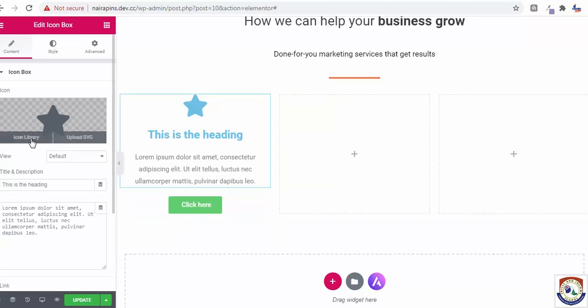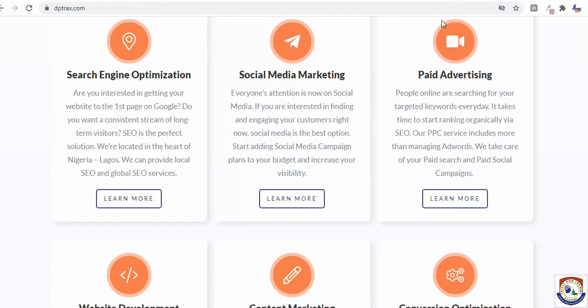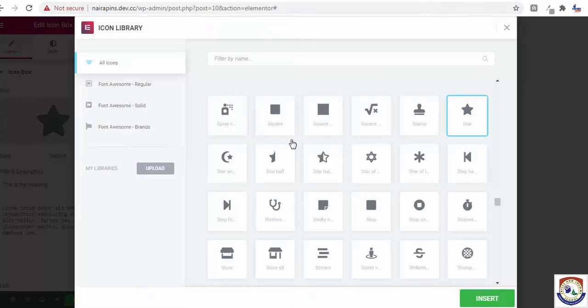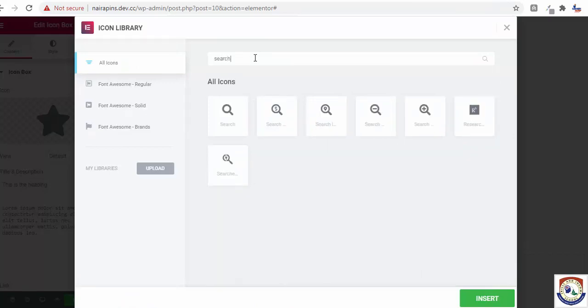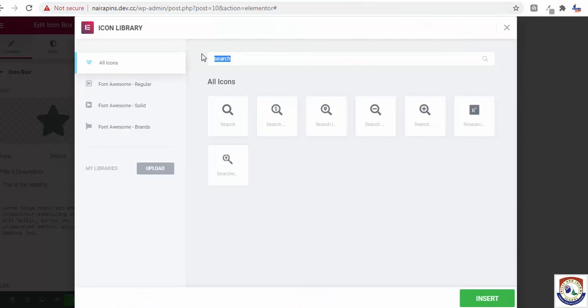Okay, I think let's use our own icon. Let me just teach you how to get an icon here. This is a search icon. So we are going to type in search. Let's see this. Just like this, like map. I think it's like map.